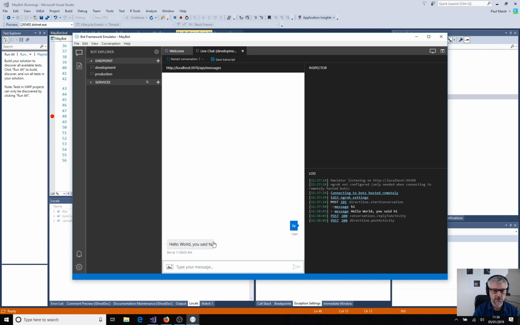And there you go, hello world. So we've got our original logic back again. We know we've got the services being constructed. So now we can carry on with our LUIS work. Great. But I think that illustrates one of the issues with things like dependency injection,